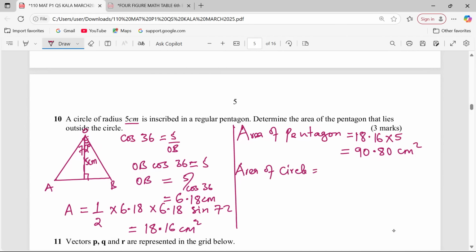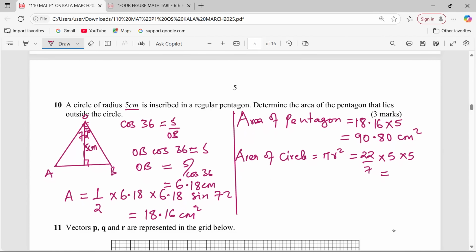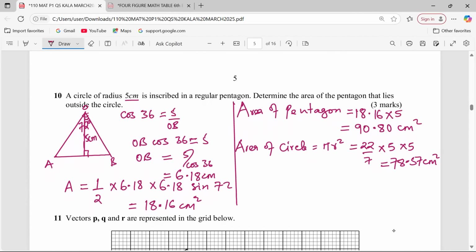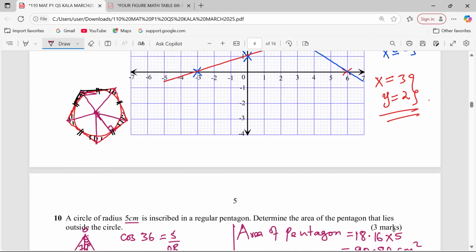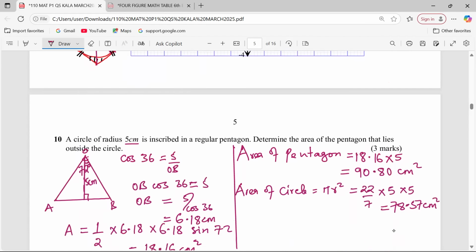Area of circle is given by pi r squared. So pi r squared. And this is going to give us 78.57 square centimeters. Now that we have the area of the circle and we have the area of the whole pentagon, then we